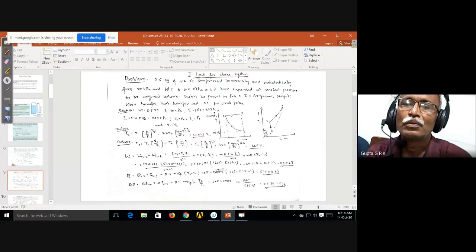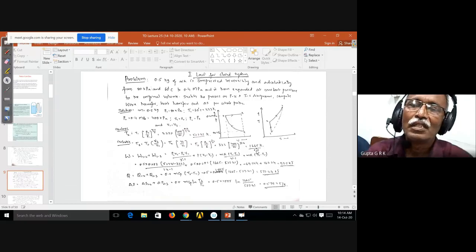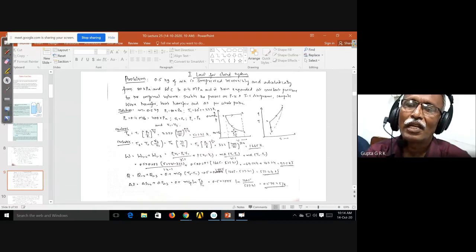And then we have taken two problems on closed systems. So I always told you it goes from one point to another point. A number of processes may be there. It may be 2 processes, 3 processes, 4 processes, or any infinite number of processes. It doesn't matter. First thing is I have to know all the properties at state 1. And to get to state 2, I have to use the process relation. I have to know what process: isobaric, isochoric, isothermal, adiabatic, or polytropic. So process means I have the process relations, and one property here out of P, V, T.